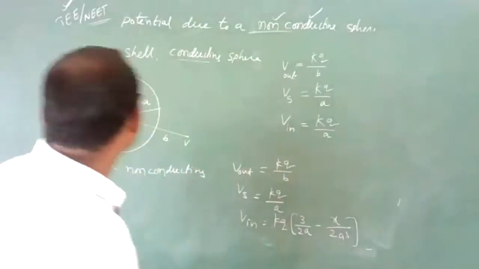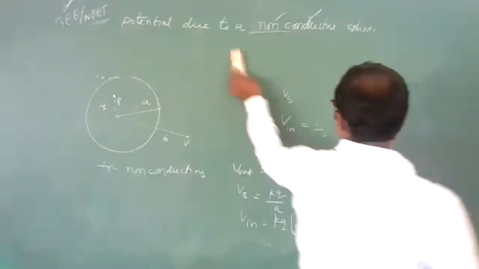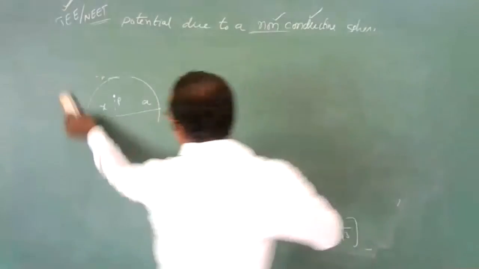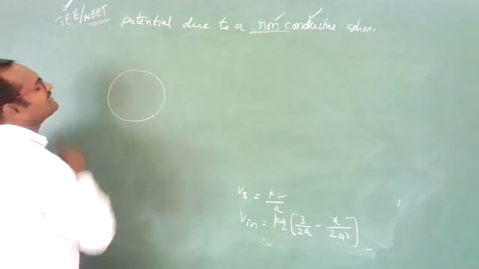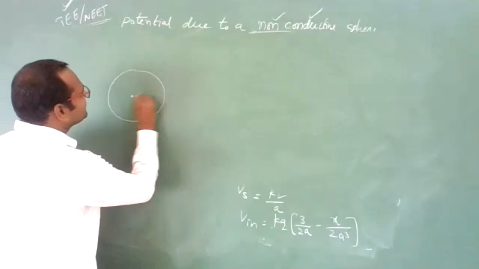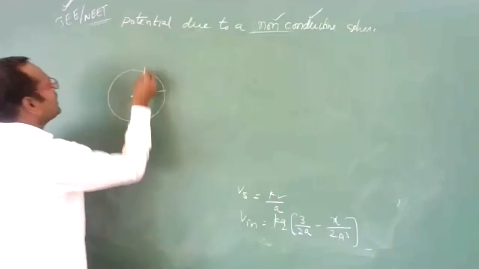Now let us take one problem. Students, let us suppose here there is one spherical shell whose radius is a. Okay, and there is one more